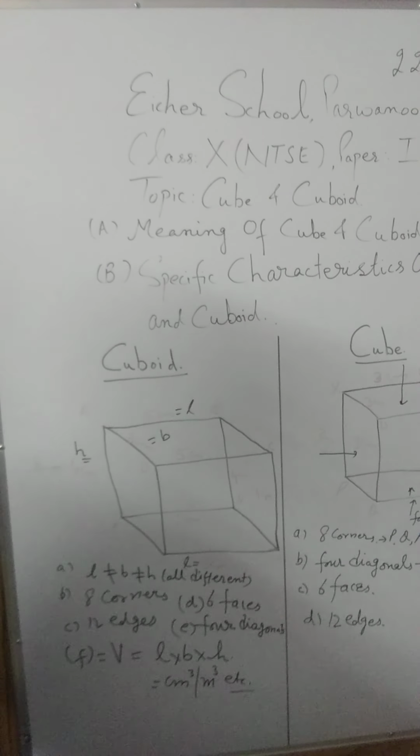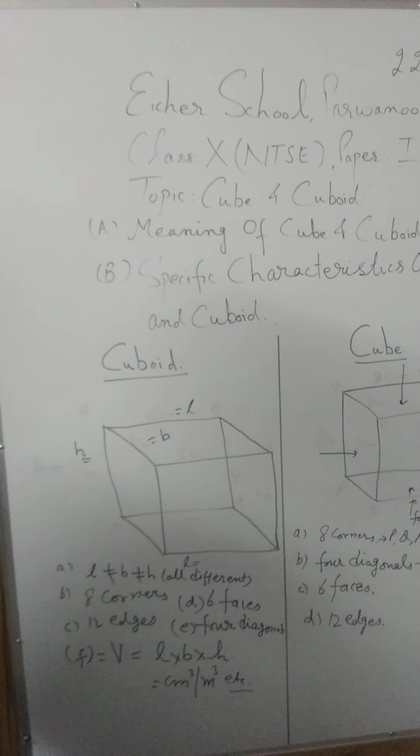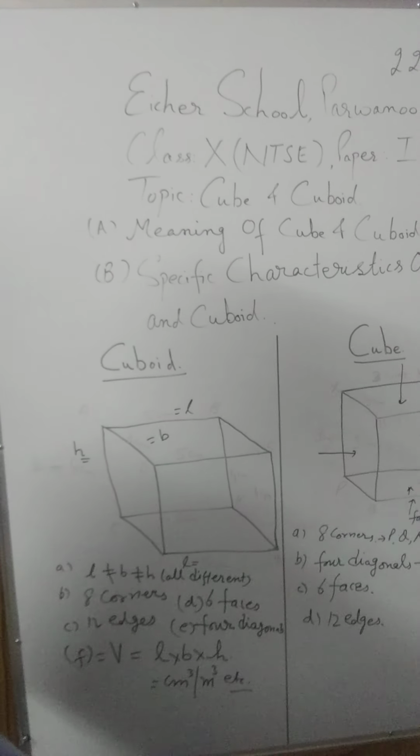Now we will do the second part of it, that is when some parts of a cube are used, that is when we cut a cube into smaller cubes or a cuboid is cut into smaller cuboids. These are the new things which we have to study, and we will start this concept now.